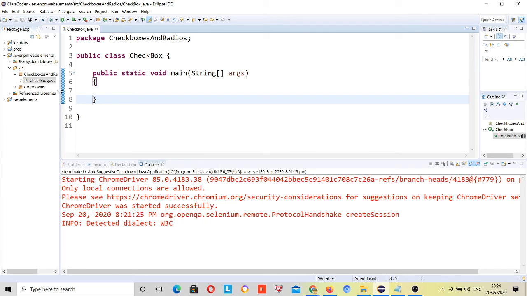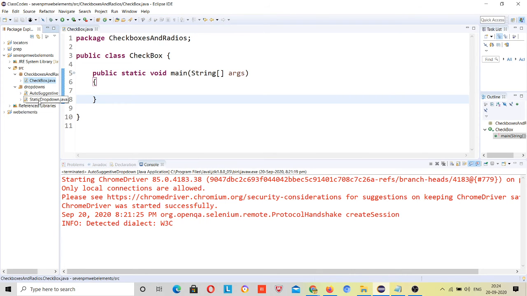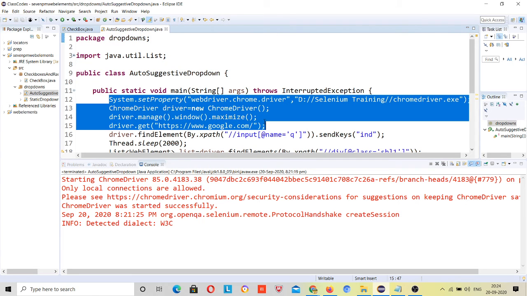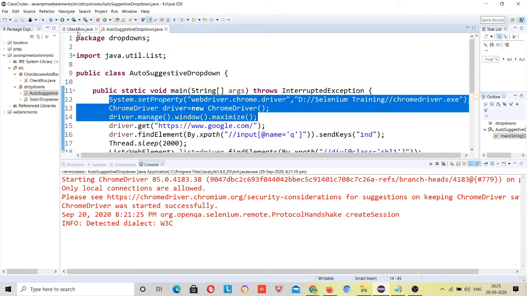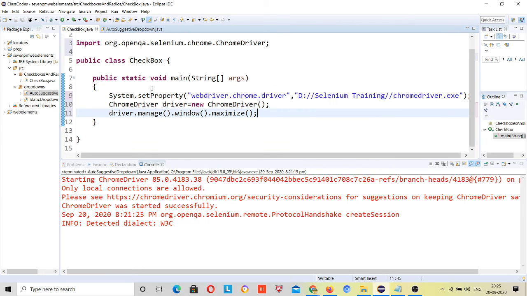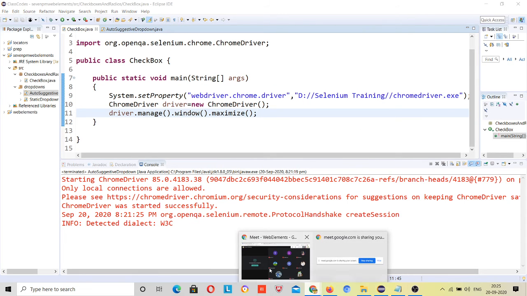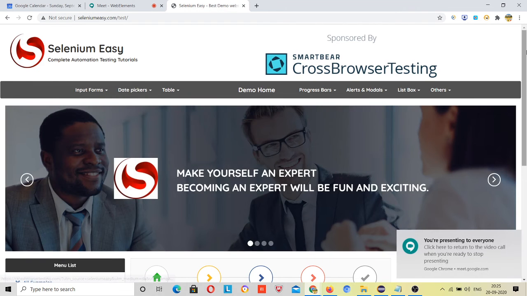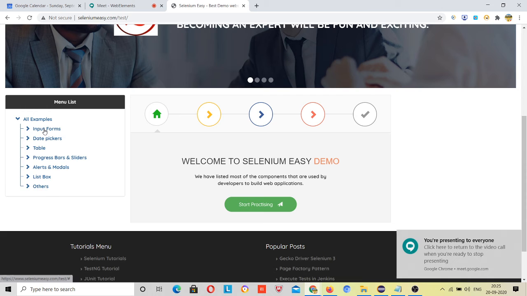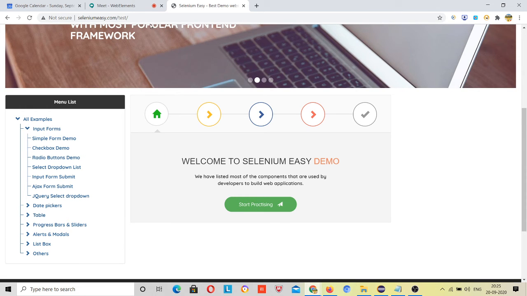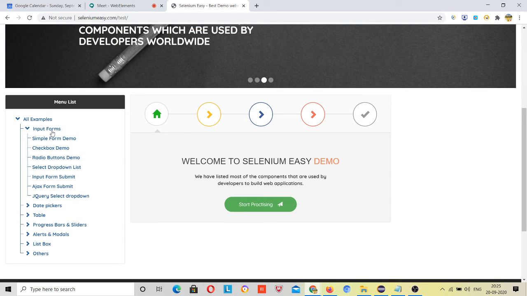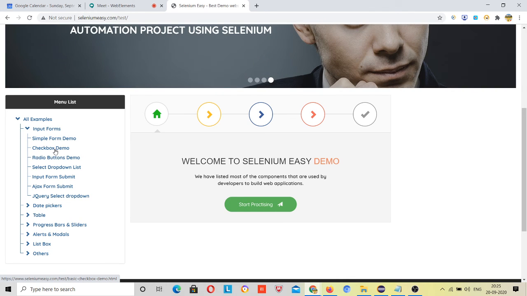See, I'll copy these three lines. I hope you guys will not mind. Copy this, and now checkbox. Just like I have done, you can also type like this and find check boxes, right? The input forms, and see this seleniumeasy.com is a very famous website. Multiple people are writing blogs here. I have also pasted one. Let's see when it gets printed. And in input forms, you need to work with the checkbox demo, right?